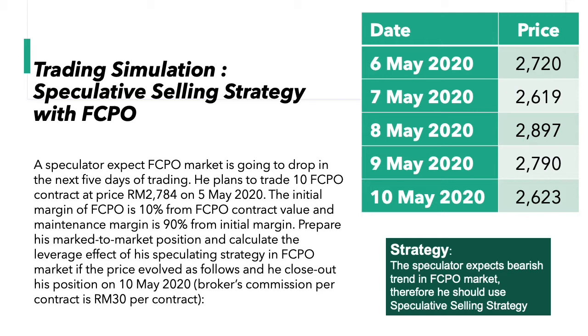So if you refer to this question, the question gives you information that initial margin of FCPO is 10% of FCPO contract value, and the maintenance margin is 90% of initial margin. So you must find out what is the futures contract value, how much is the initial margin per contract, and maintenance margin per contract. To calculate that,